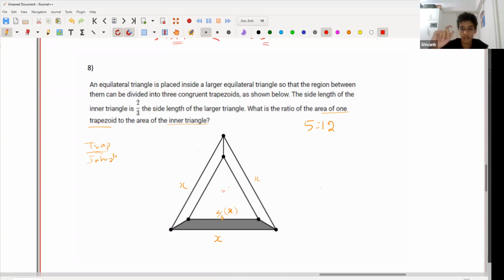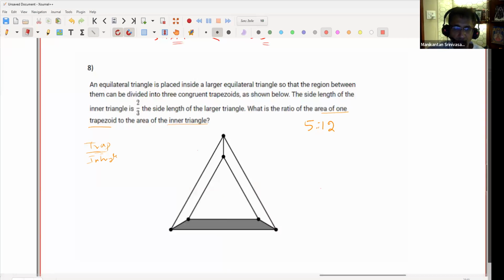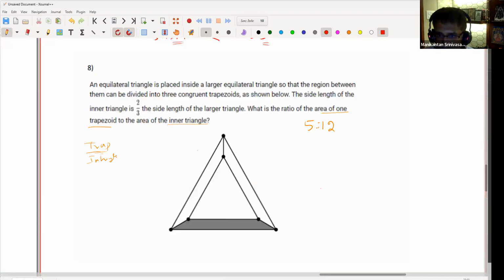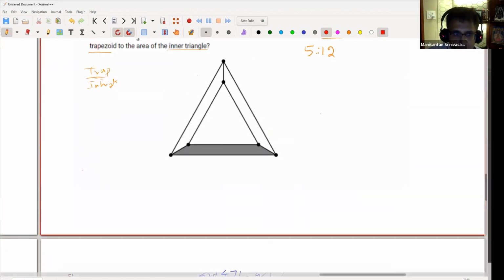Yeah, so the ratio of all the trapezoids to the inner triangle will be, I think I did like some. That's fine. I can complete it for everyone. So basically what he's saying is an important property with similarity. Forget this picture for a second. If I have two random objects, so in fact, I'll just draw it here. Some object, and if I have another similar object like this,